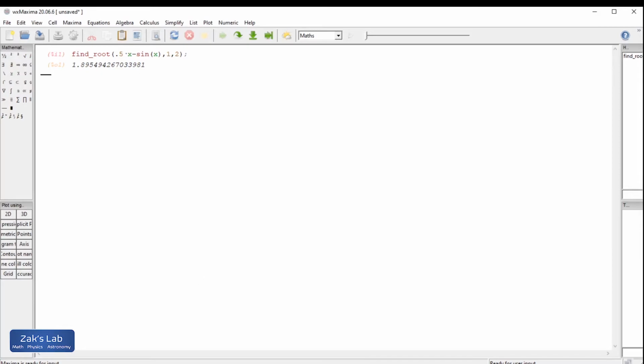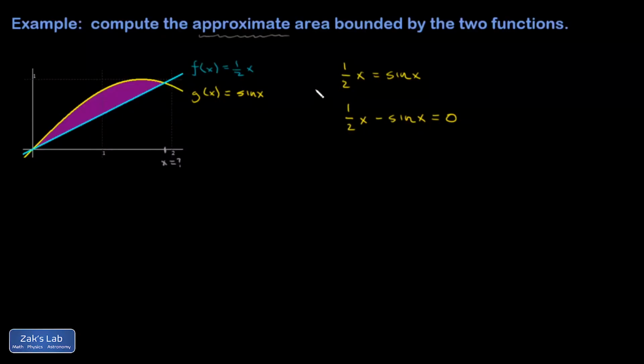That's a good enough approximation for me. So x is approximately 1.895. So that will help when we set up our integral, because it'll give us one of our limits of integration. All right, then I get into the sort of geometric understanding of how to get the area,